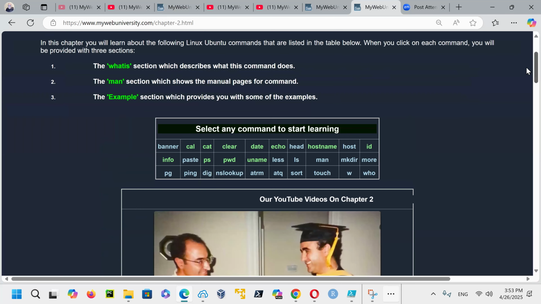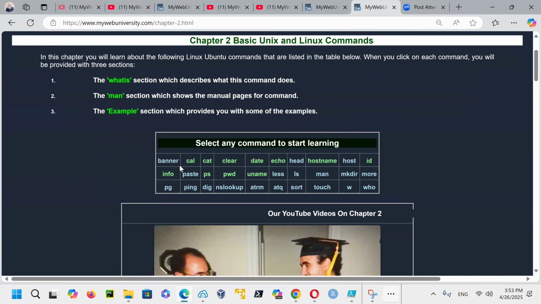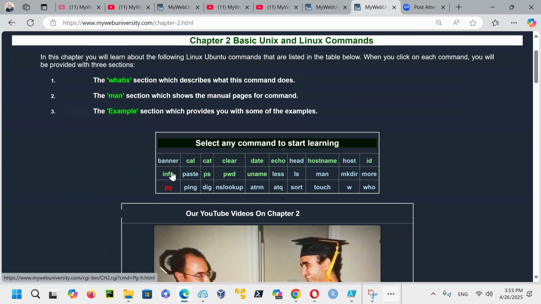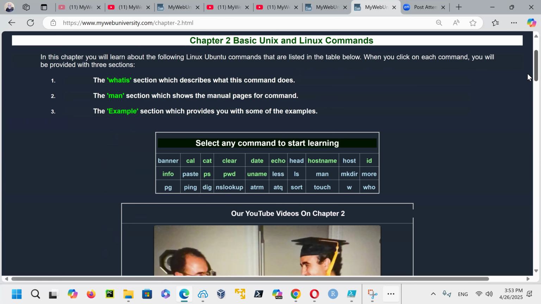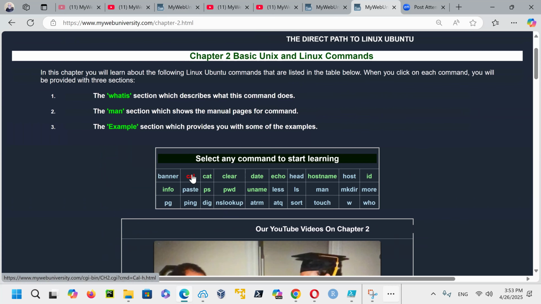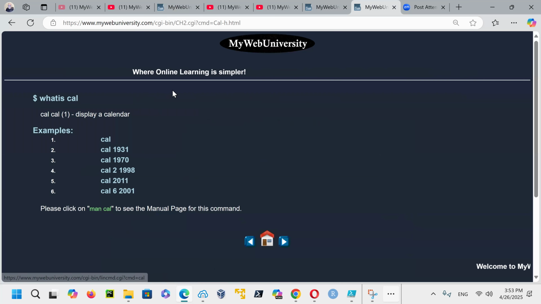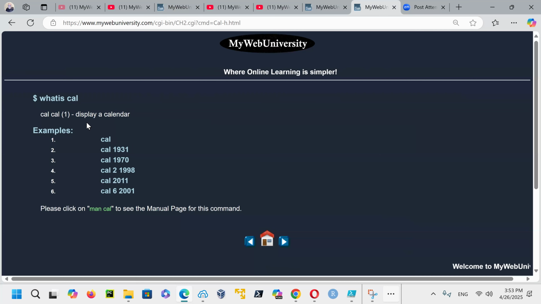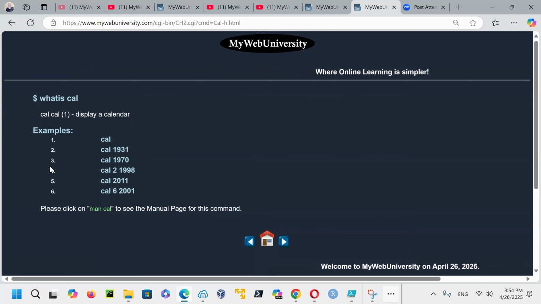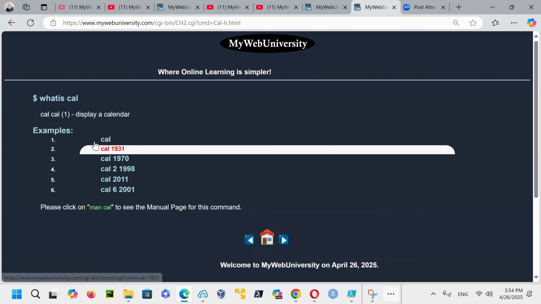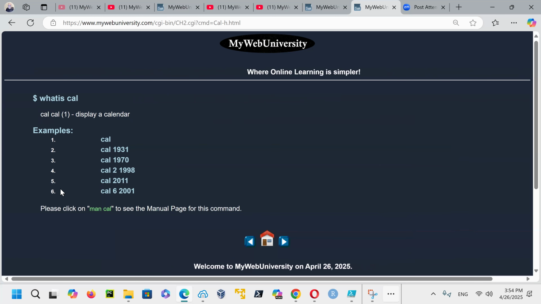There are 33 commands, about 3 rows with 10 commands per row. You can click on it and learn the command. And then I have a "what is" section for each command that says, what is this calendar command? Calendar displays a calendar. And then there are 6 examples for the calendar command that you can click, and there are manual pages that you can click on.